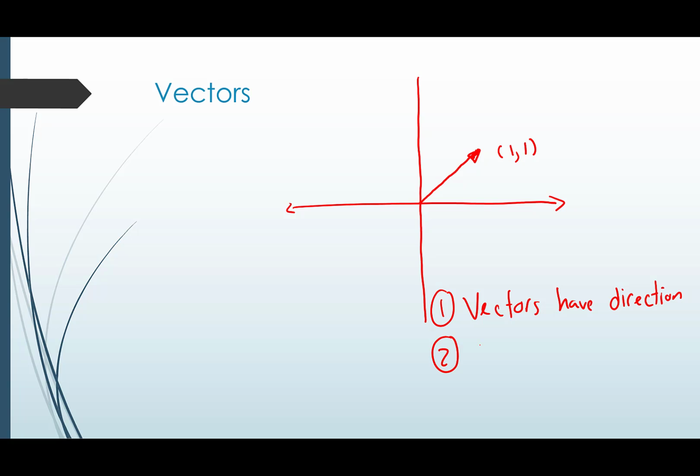And two, vectors have length. Or sometimes you'll hear magnitude. So a vector, yeah, it is an arrow, but there's important properties about that arrow. There's a length to it. Okay, so our length in this case would just be this distance here. Okay, which would be, for those of you that know your trig, square root of 2 in this case. And they also have a direction, so where are they pointing?